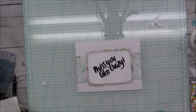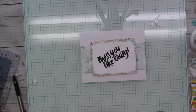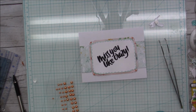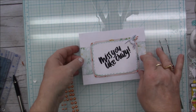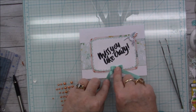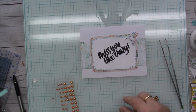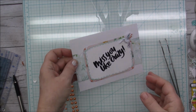But before I put that down, what I want to do is, and I'm going to put the smaller ones right here. Okay. Now I can put my bird on here. Oh, that's cute. Should I put a bow? No, I don't think so. I feel like it does need something though. Maybe it needs,